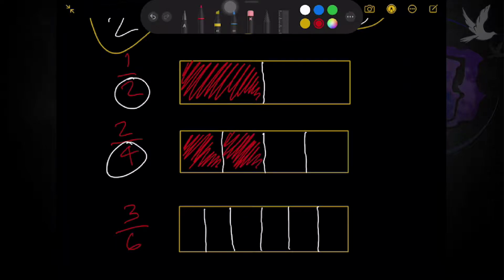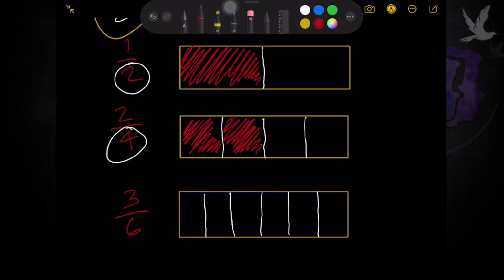2. Okay. Dito naman ngayon sa 3 over 6, out of, since meron tayong 6, we have 1, 2, 3, 4, 5, 6. Out of 6, I am going to shade 3. 1, 2, 3. Okay. So, if you notice, no,